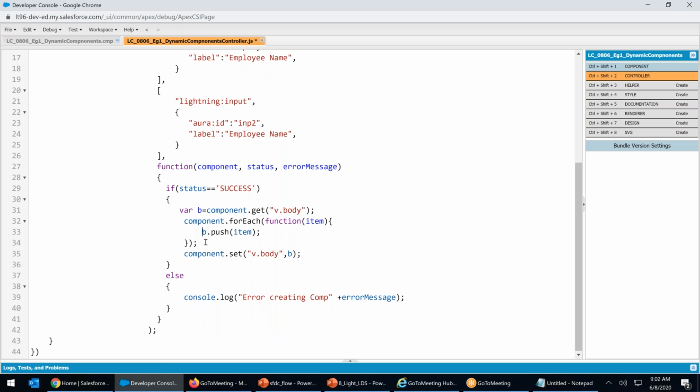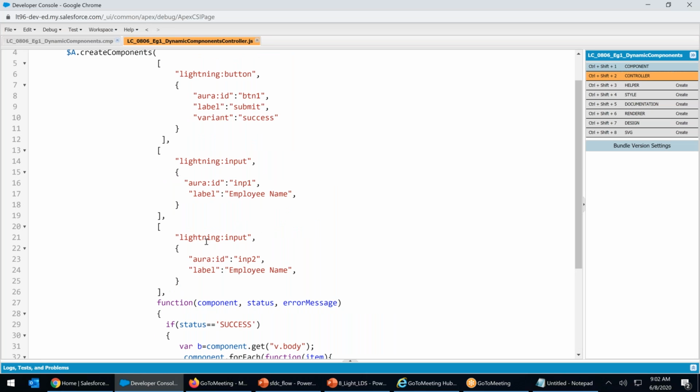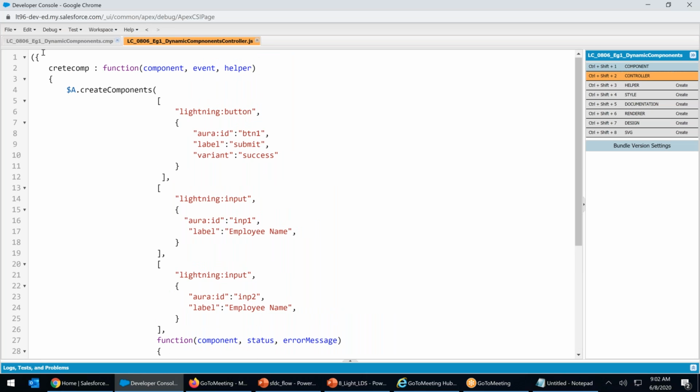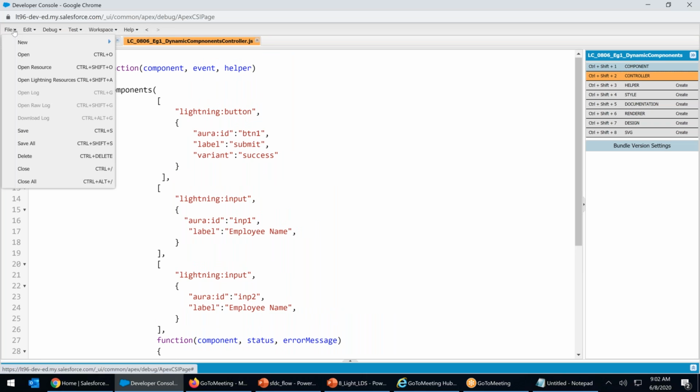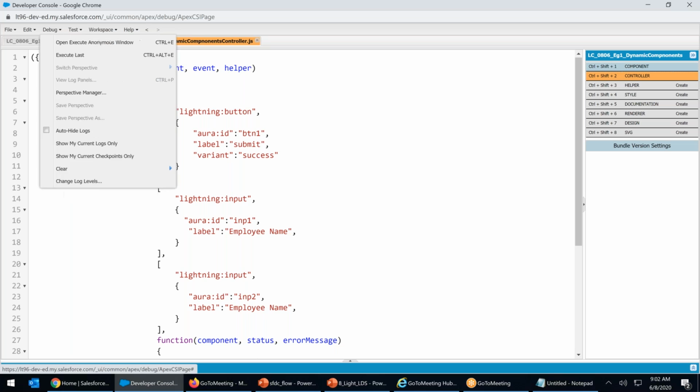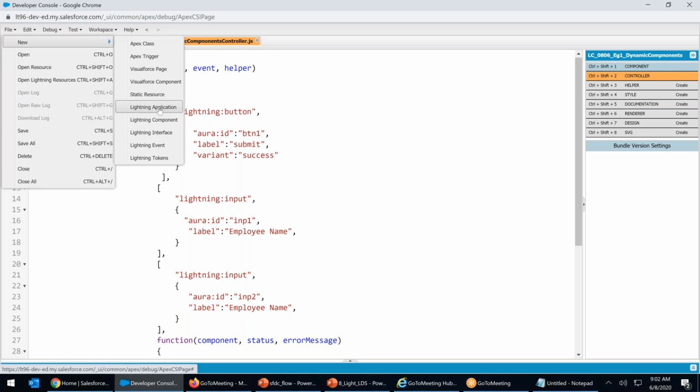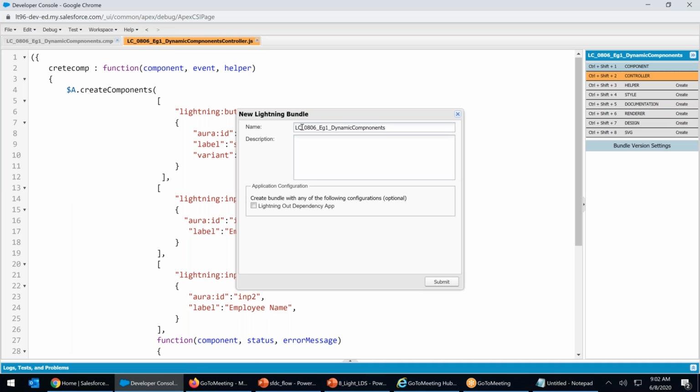Currently, let's see whether it works or not. Control S. Hope that we didn't make any comma anywhere, a colon, nothing. File, new. Lightning application. I will say Control A, Control C. I will say LA. Lightning app, LA. Submit.